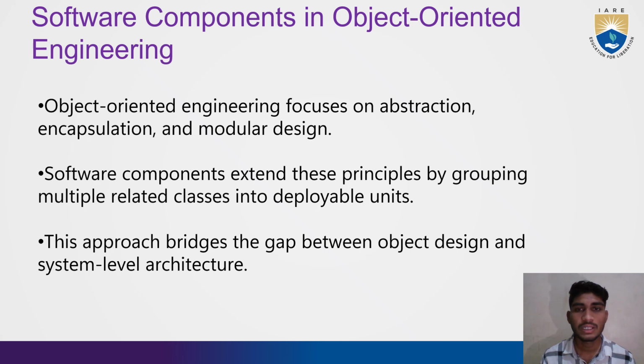Software components in object-oriented engineering. Okay, what are software components in object-oriented engineering? Object-oriented engineering focuses on abstraction, encapsulation, and modular design. Software components extend these principles by grouping multiple related classes into deployable units. And this approach bridges the gap between object design and system level architecture. Okay, and our next slide is